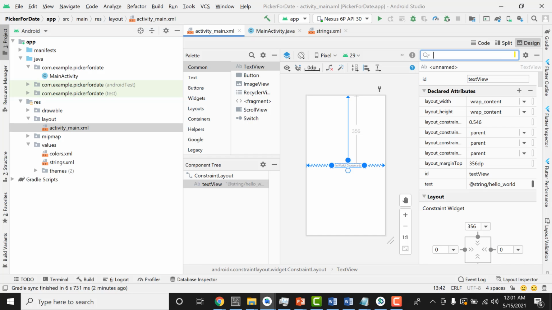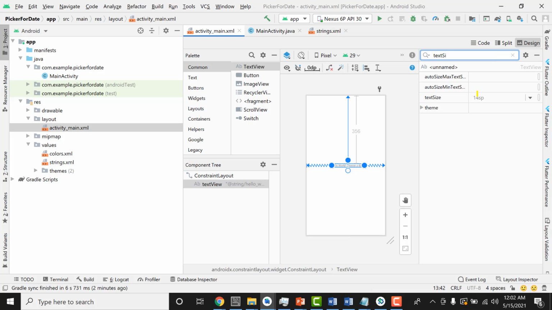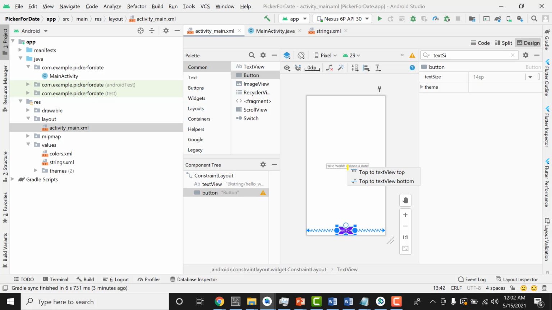increase the text size to make it a little more visible, and get the button for the date. Constrain it to the bottom, to the left, to the right, because if you don't constrain it, it will show very unusual behavior on the screen when you run your app. So I'm going to constrain top to the text view bottom, bring it here,